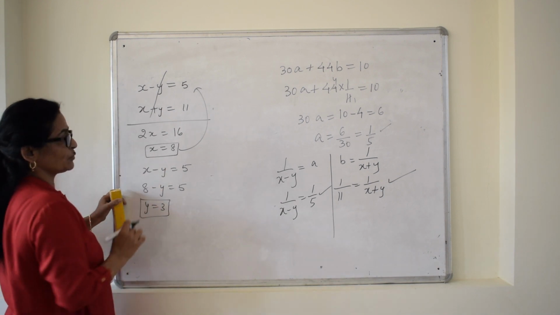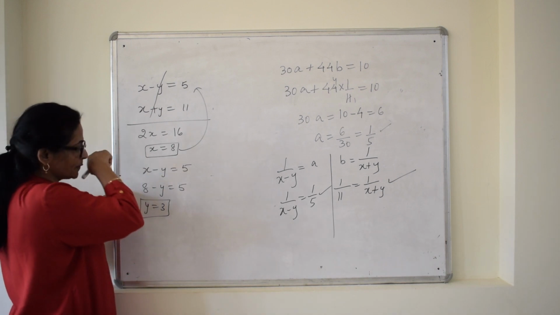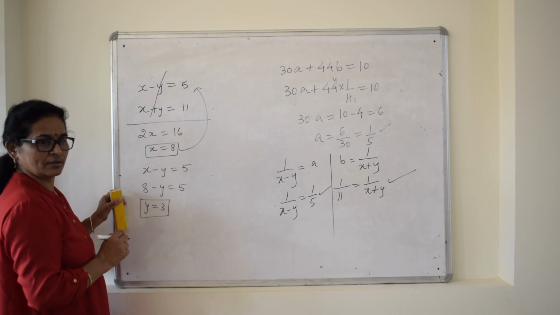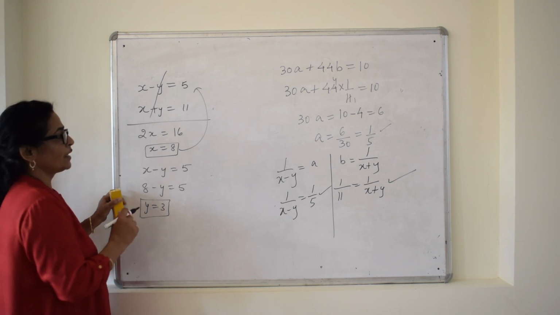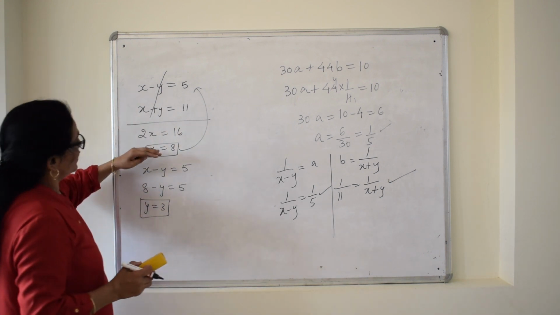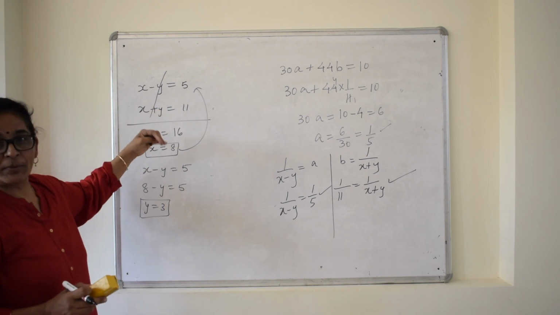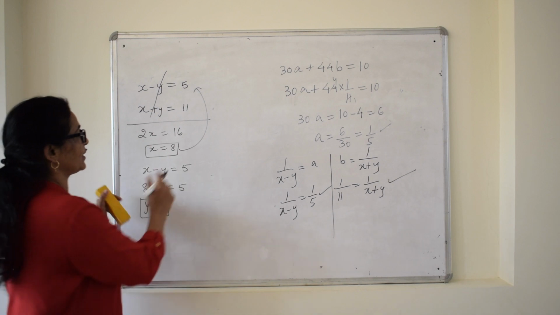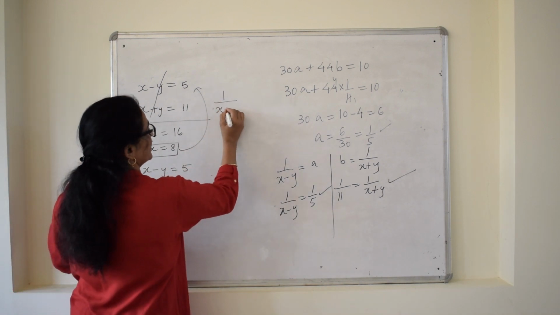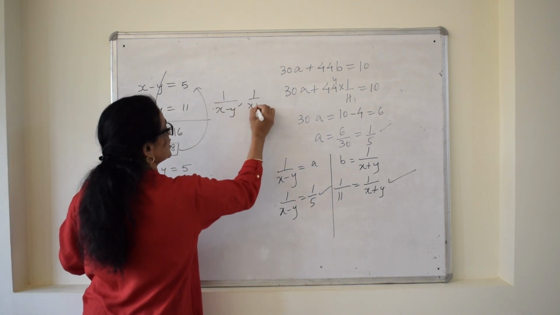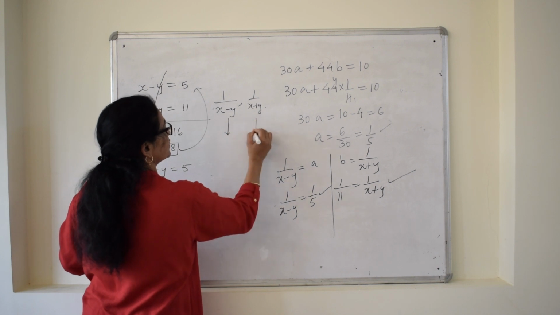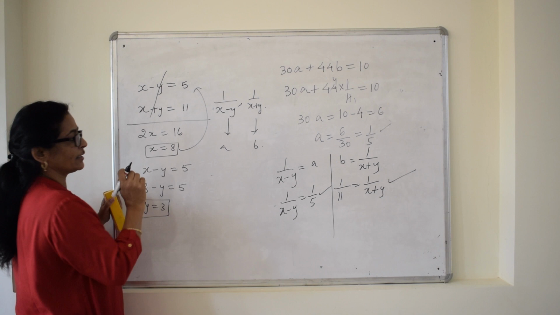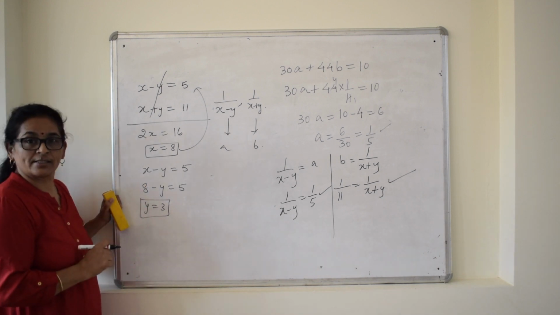Now what was the assumption? x was the speed of the boat. y was the speed of the stream. So according to that, first of all, what we saw upstream and downstream, after assuming upstream and downstream, that was 1 upon x minus y and 1 upon x plus y. Whatever values you have got, we'll go back and ultimately we will get the values of x and y.